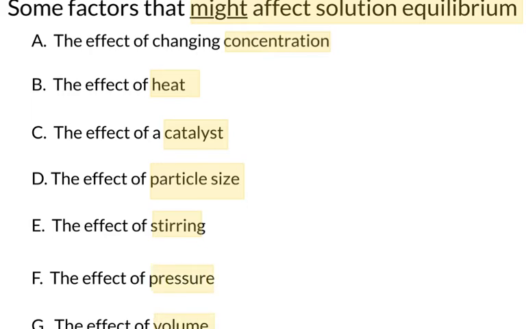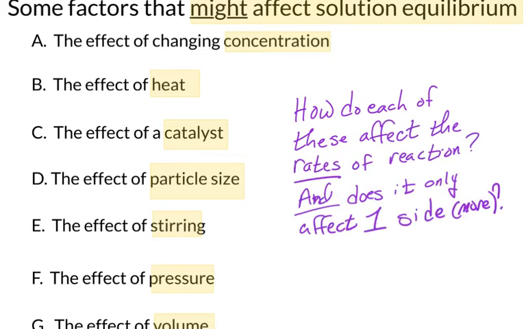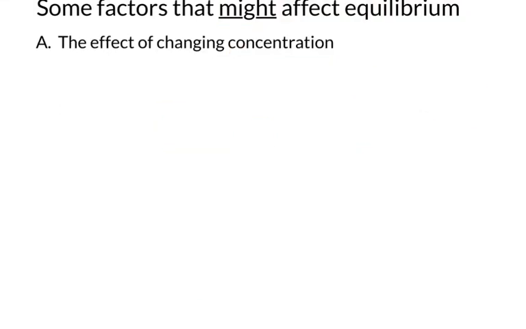In these cases, we're looking to see things that affect the rate of a reaction, and it has to specifically affect the rate in only one direction, because otherwise we're just doubling the speed of both of them. We're still at equilibrium. I'm going to start with the one that has the largest effect, and that is the effect of changing the concentration of either the reactants or the products. This is the one that you will definitely see on exams and quizzes,